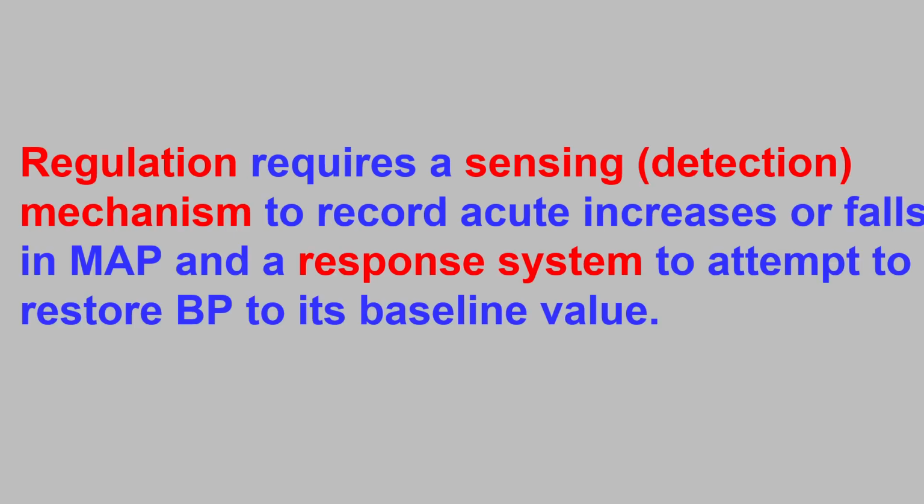Regulation or maintenance of homeostasis or stability requires two major components. It requires a sensing system which detects or monitors the blood pressure from minute to minute, from second to second, from hour to hour, records these acute increases or falls, and then triggers a secondary response system to attempt to restore the blood pressure to its baseline value. So, therefore,